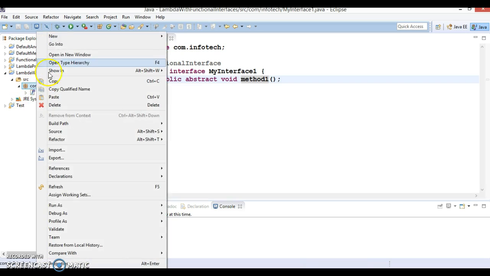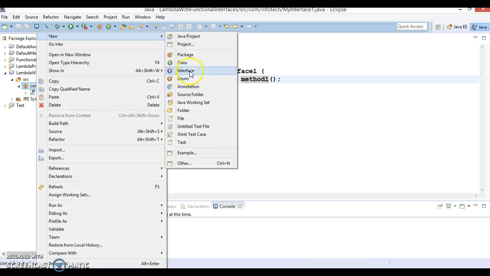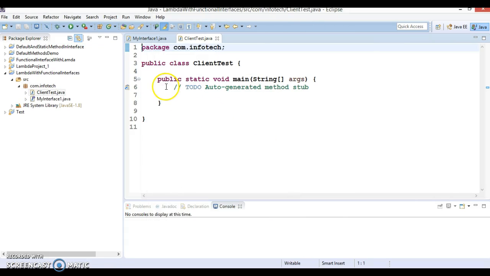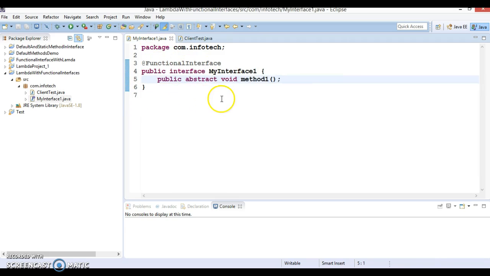Now let's create a client program. I would say ClientTest is my client program name, and it will have a main method. And from here I would like to write a Lambda expression for this functional interface, whose method is called method1 and its return type is void.